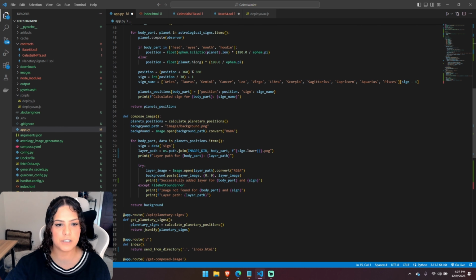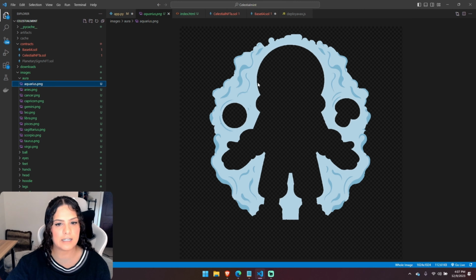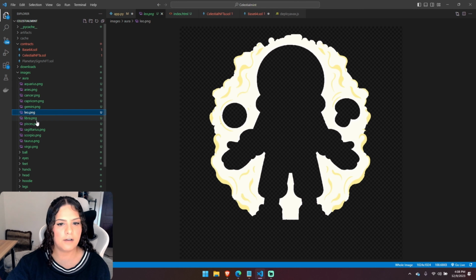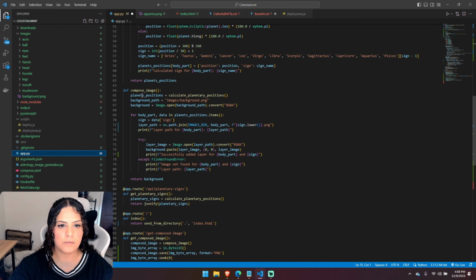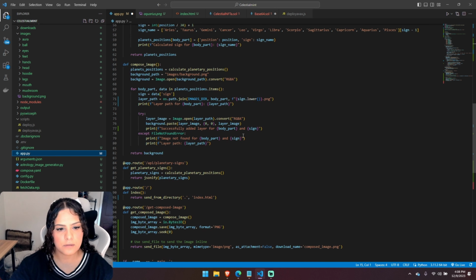function to compose the image, taking the current planetary position, and then it takes individual image layers, such as the aura, for example, which is with Pluto. According to where the current planet is in its astrological sign, different colors of these layers could be assigned. All of that is composed according to the current planetary positions, and importantly, the signs in which they're in. The way this works is it computes the position, what the astrological sign is, it creates